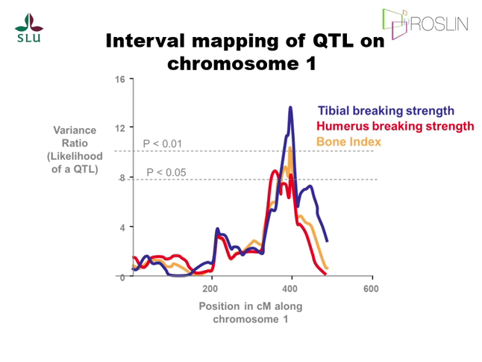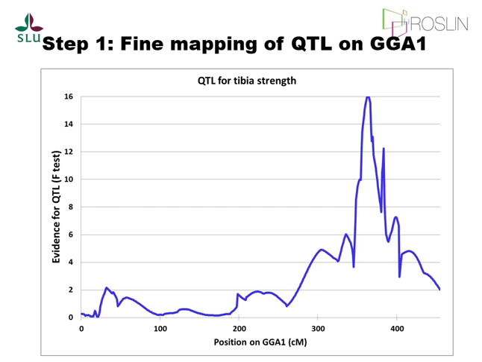So we did a standard QTL mapping exercise, and we found good evidence for a QTL on chromosome 1. I remind you that the chicken has huge chromosomes, a couple of medium-sized ones, and then microchromosomes. So this is a beast of a chromosome, about 500 centimorgan. There's a reasonably sharp peak there, but that's more of a scaling effect, so it's a really big region. And this QTL affects mainly the tibial breaking strength, so in the top of the leg. Sorry, bottom of the leg.